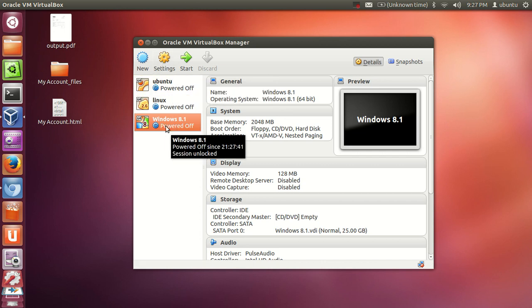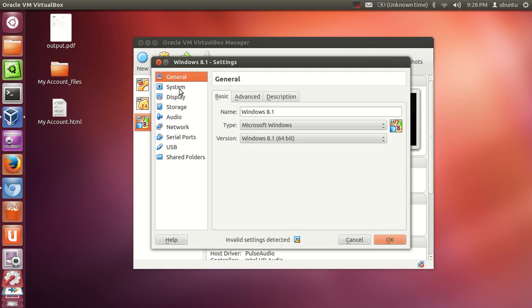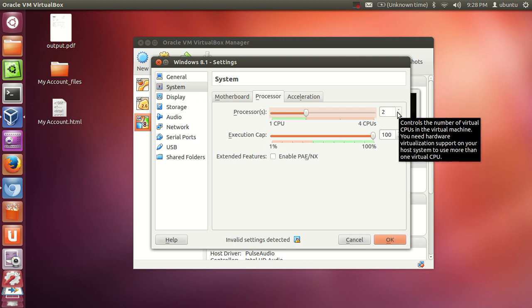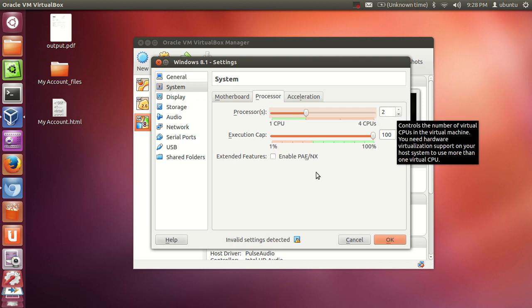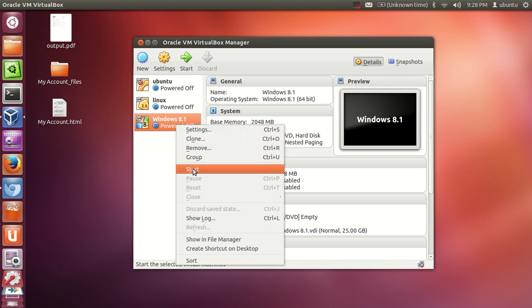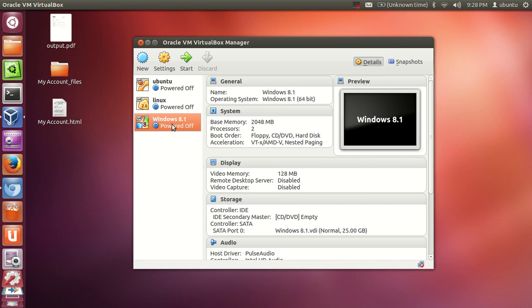So once you have created your virtual machine, you need to select it and go to the settings, and in here go to System and go to Processor, and you can choose the processors for your operating system. By default it's 1, but you can increase it to 2, or depending upon the processor in your computer you can increase it further. So I would like to have 2 processors for this, and I will click OK, and now I will select my virtual machine. I can either right click and click start, or I can select this Windows virtual machine and click this start button,